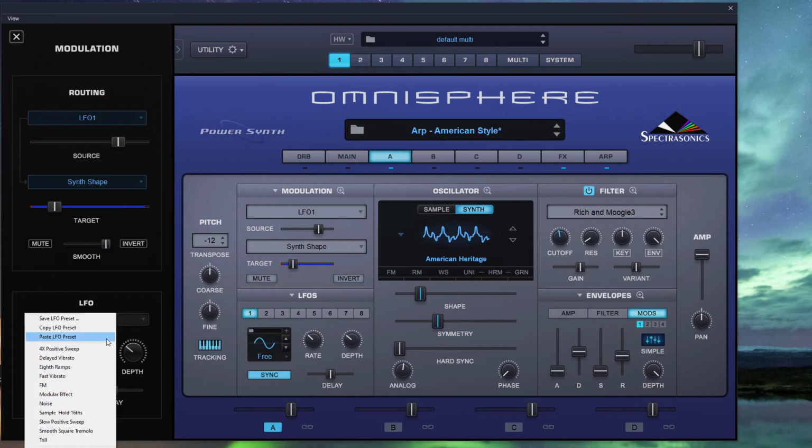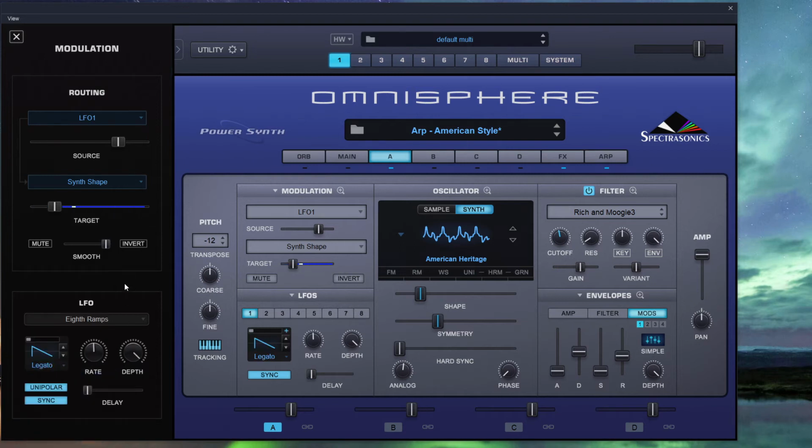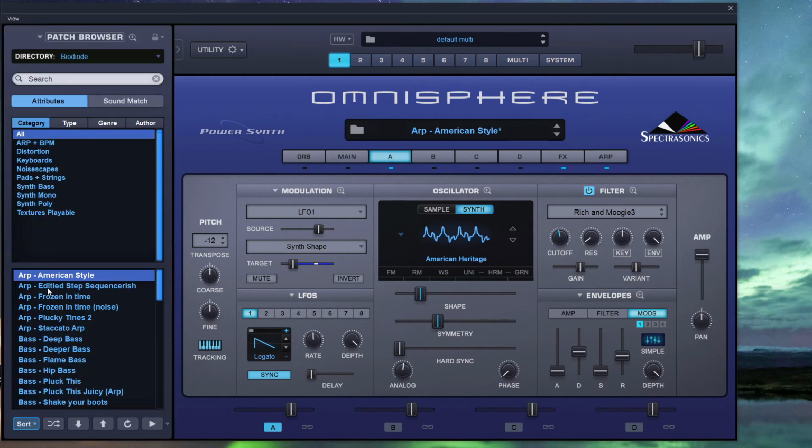There's a few presets that it comes with that alter things, like you've got 8th ramps and stuff like that, so you can see it's gone absolutely nuts there. So what I'll do is just move that back to reload the patch, and if we have a look at what I've modulated,